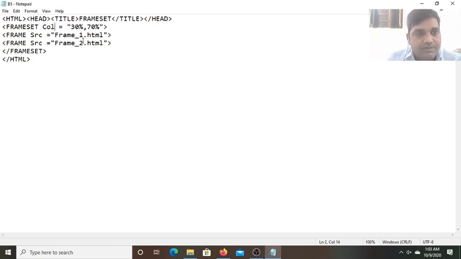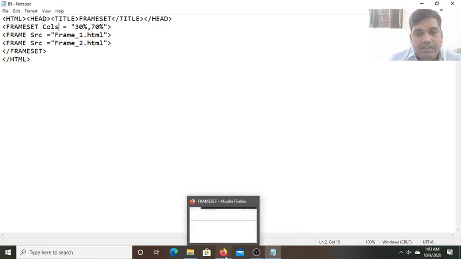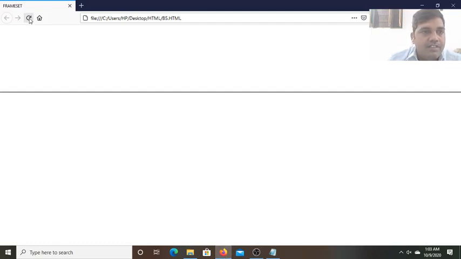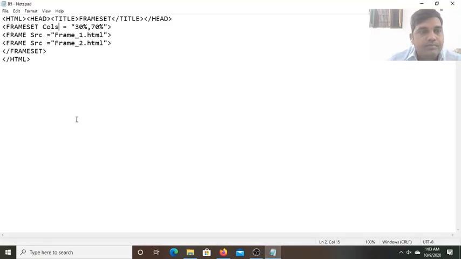Columns equals to. Okay. Now columns equals to 30%, 70%. Now let me save it. After saving, if we refresh this web page, now see, just a minute, save it first.